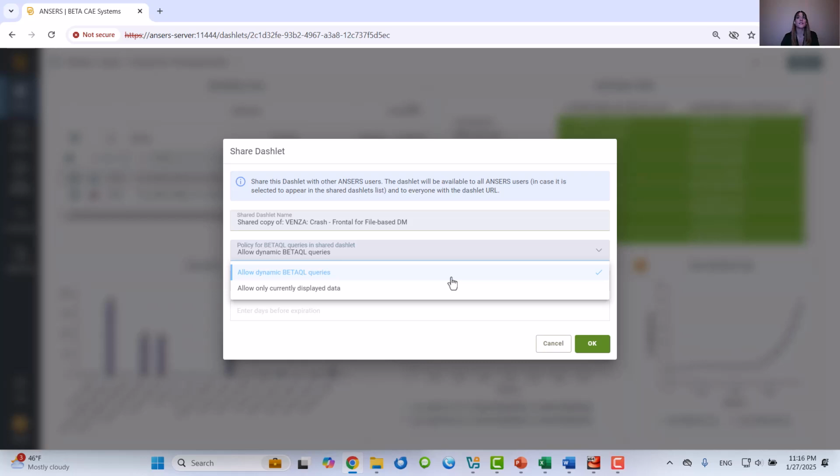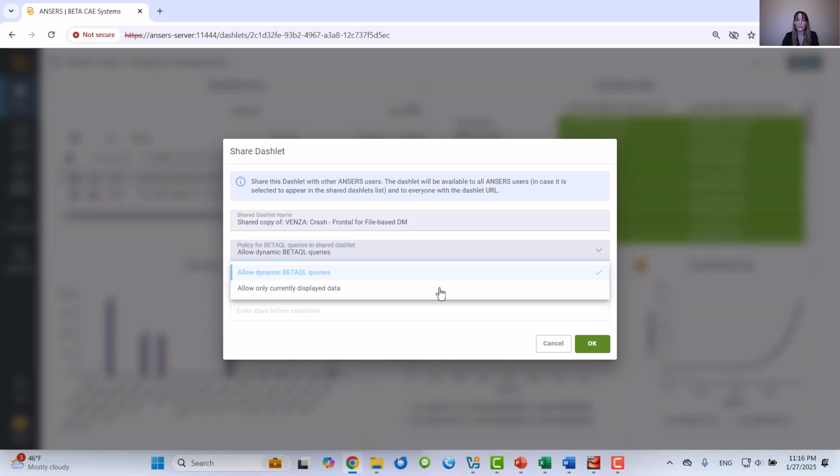The first way is to allow only dynamic BetaQL queries, and that means that the user allows the BetaQL queries to fetch the data currently existing in the database. So if the database is updated, the dashlet will eventually show other data.